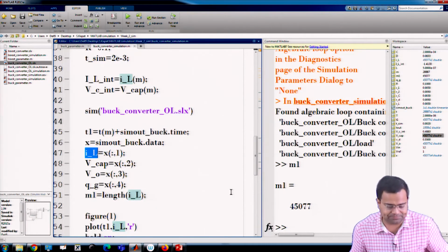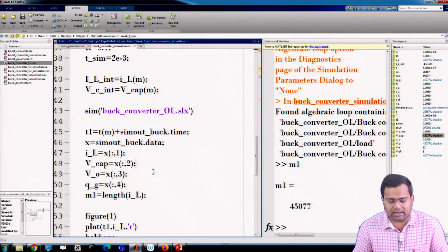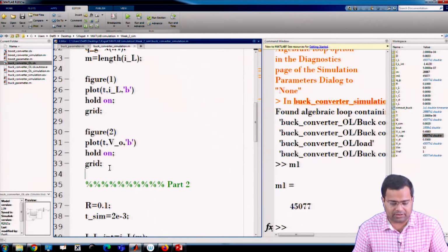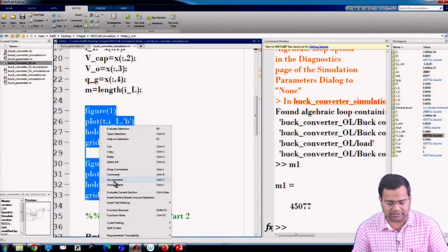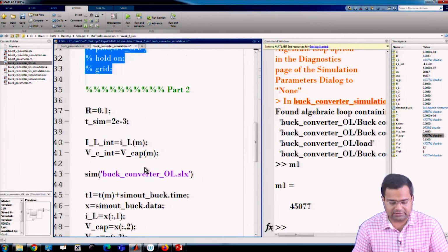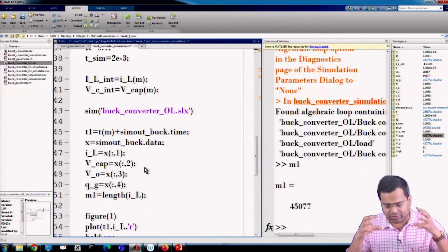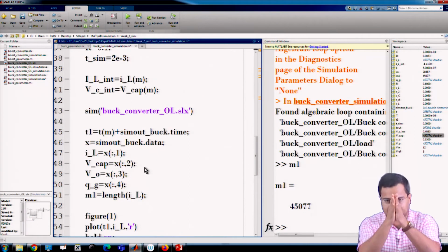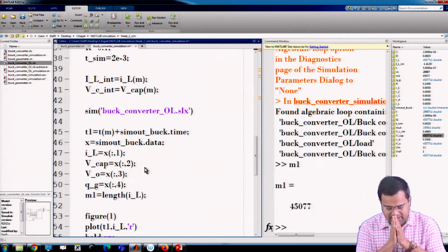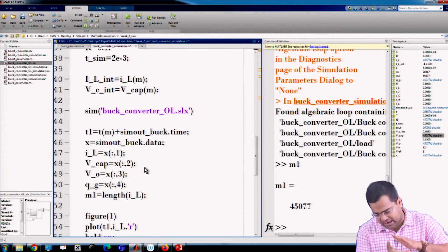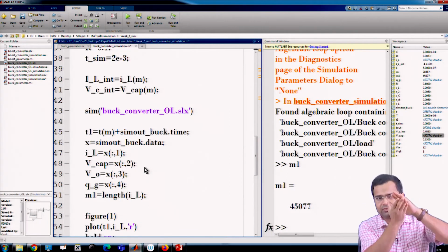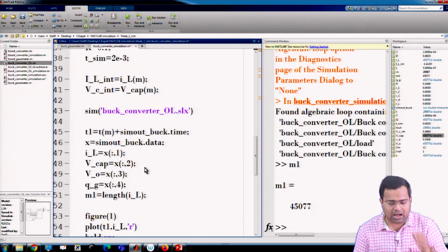How can I do that? I do not want to plot here now, I want to plot together using a single plot, so I just comment this. We want to create a structure, a matrix vector, where the earlier inductor current finishes, and from there another column will be added. So, it will add together. How to do that? It's simple.